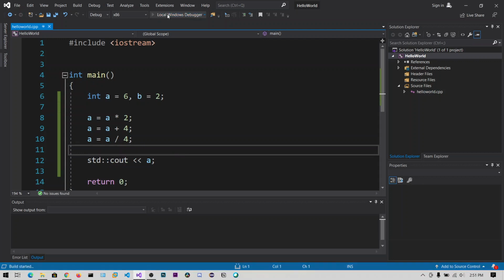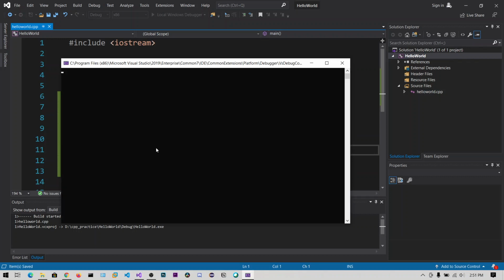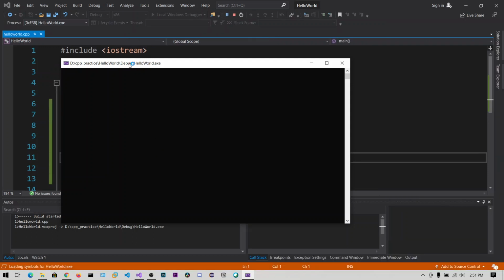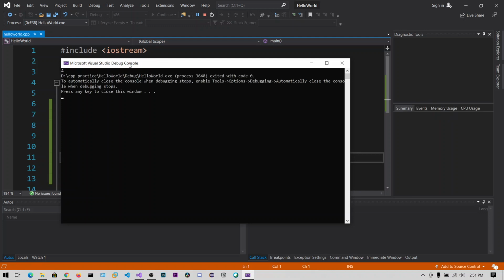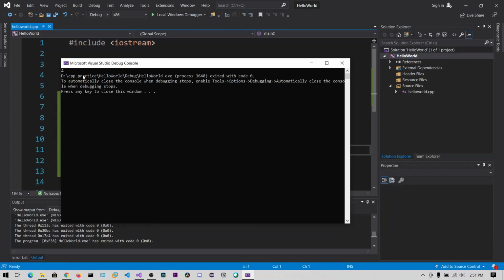Let's run this and see whether we get a correct output. First we multiply with 2 to get 12, then 16, and then divide by 4. You get 4 as the answer. So you can see 4 is the correct answer. The problem arises when you do not get the expected output. We expected 4, but what if the answer is some 10 or 100?